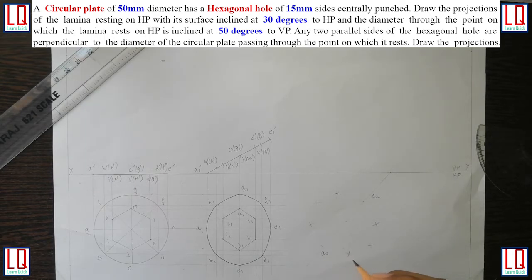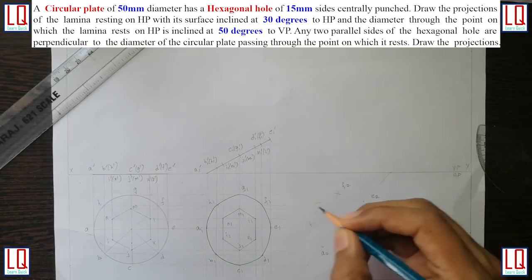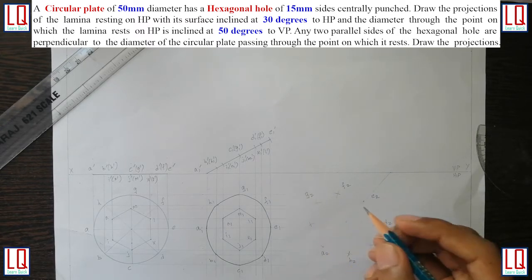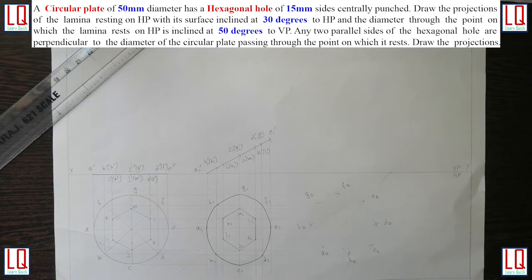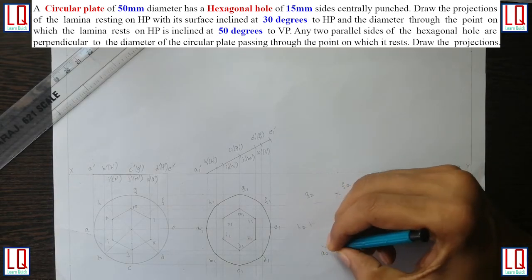Now here I mark A2, B2, C2, D2, F2, G2 and H2. Now with an HB type pencil, join the points.